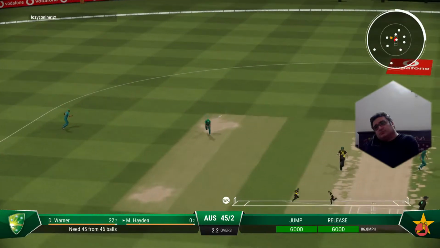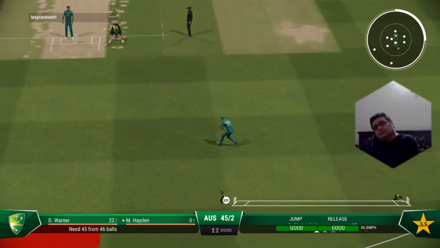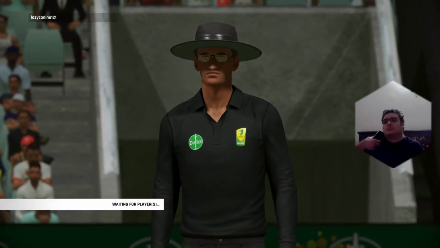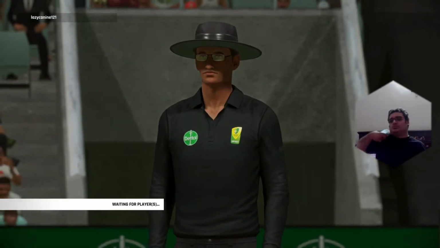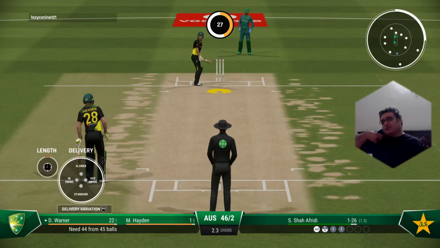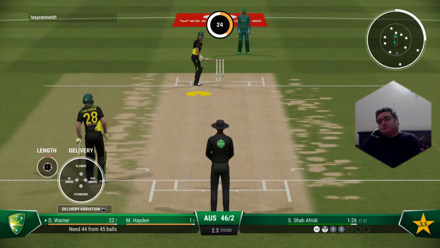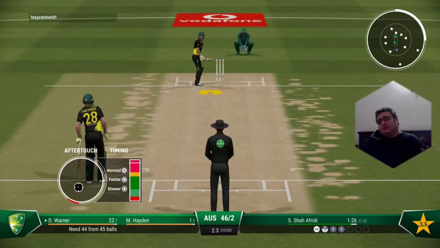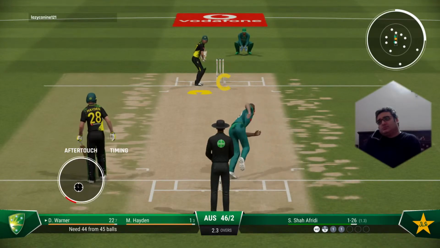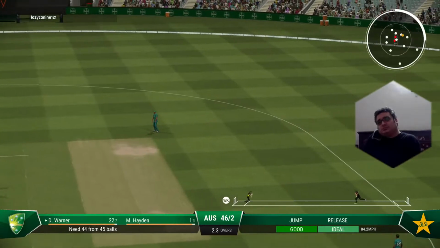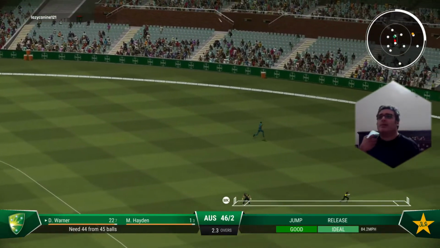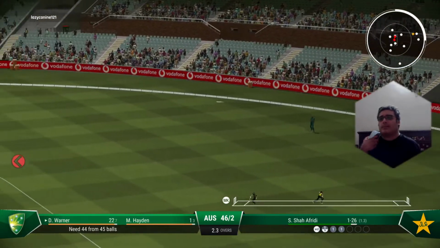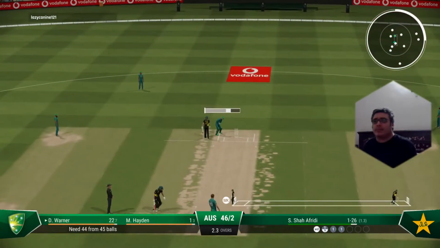Waiting. It's getting to where this is becoming a problem. It's obvious it isn't out, but they appeal anyway. Yep. Lovely timing. Will this one go to the fence? There'll be one run here for them.